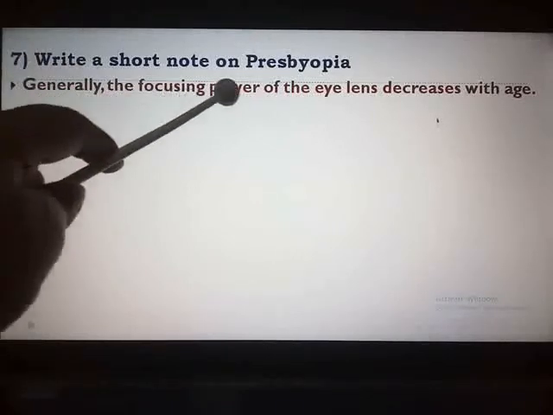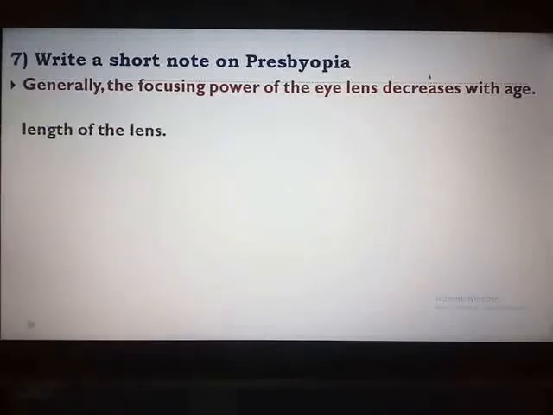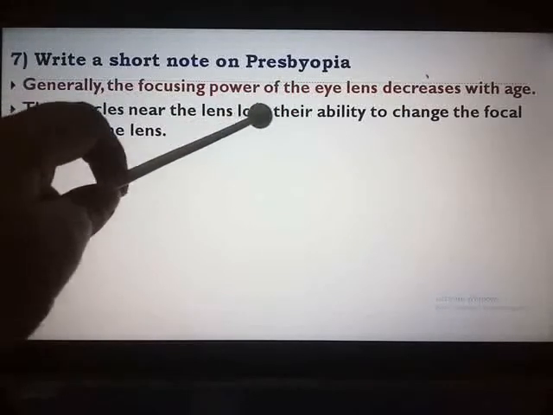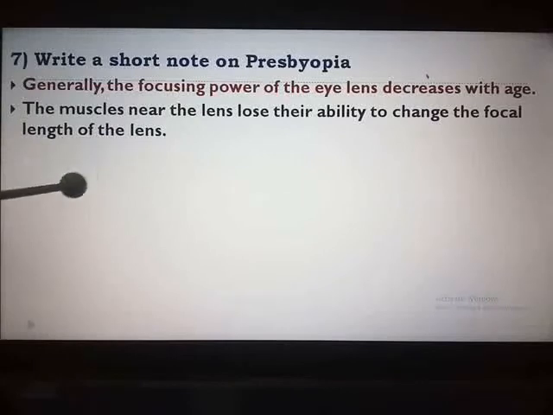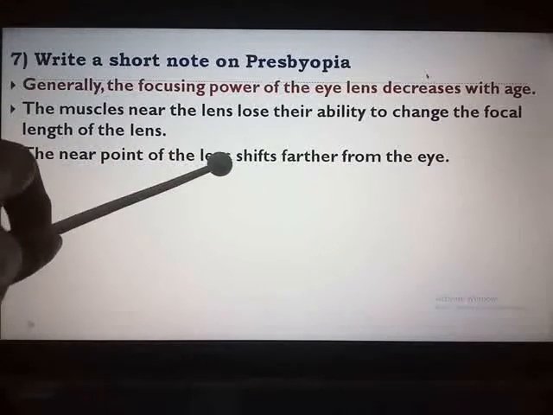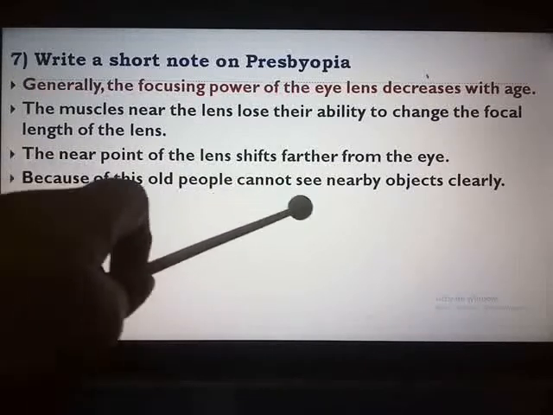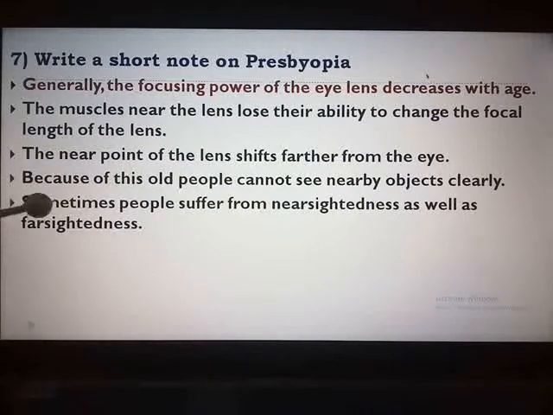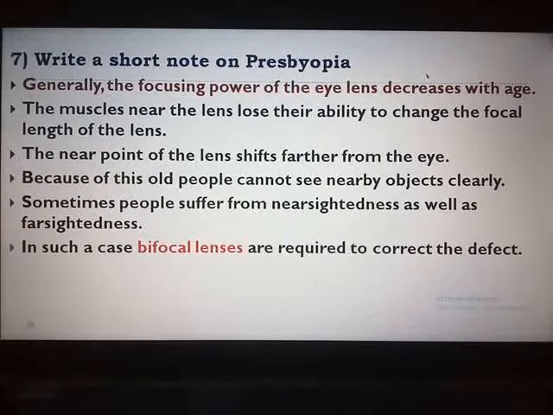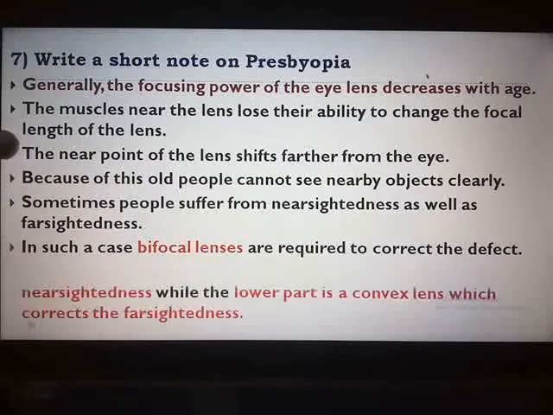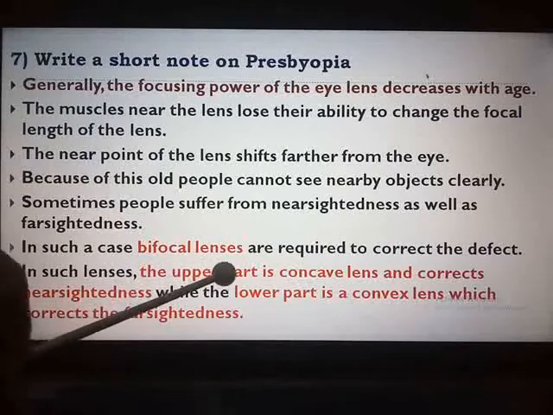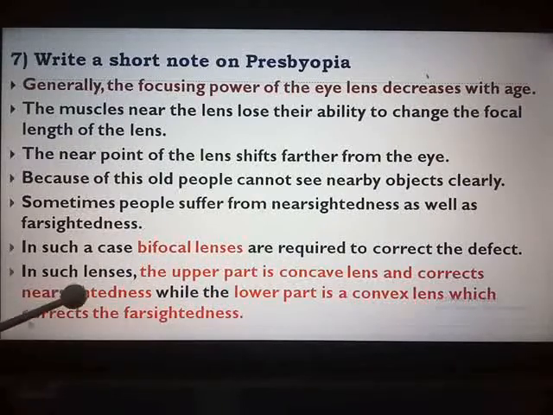Generally, the focusing power of the eye lens decreases with age. The muscles near the lens lose their ability to change the focal length of the lens. The near point of the lens shifts farther from the eye. Because of this, old people cannot see nearby objects clearly. Sometimes people suffer from nearsightedness as well as farsightedness. In such a case, bifocal lenses are required to correct the defect. In such lenses, the upper part is concave lens and corrects nearsightedness, while the lower part is a convex lens